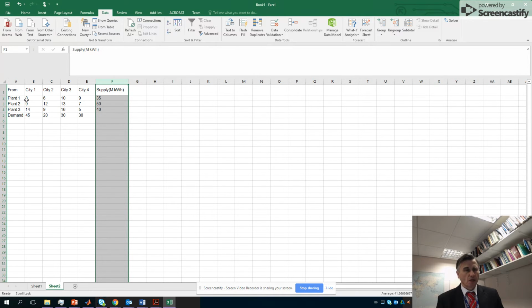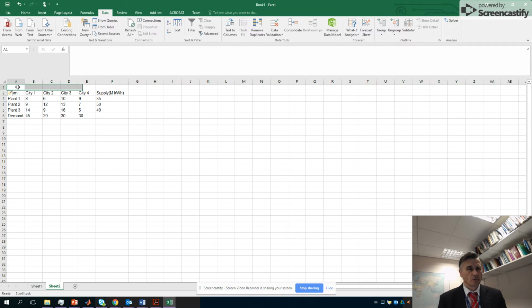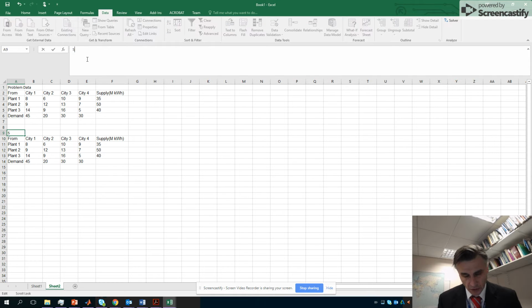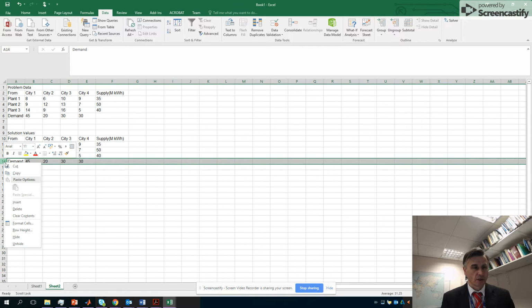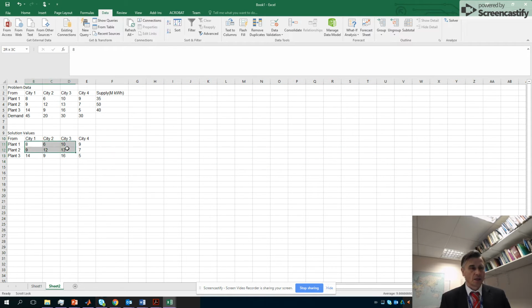Okay, so this is the data. We can call that the problem data. It's worth copying that. And this is where we're going to have our solution values. Okay, now we don't need this bottom row for our solution values. Neither do we need this column. Okay, and in here,